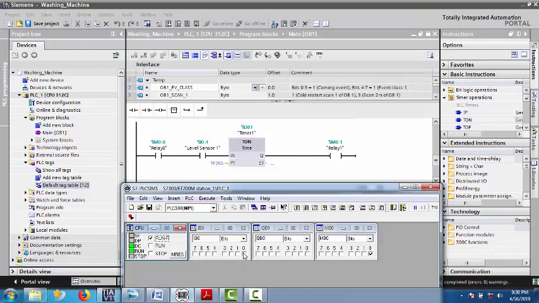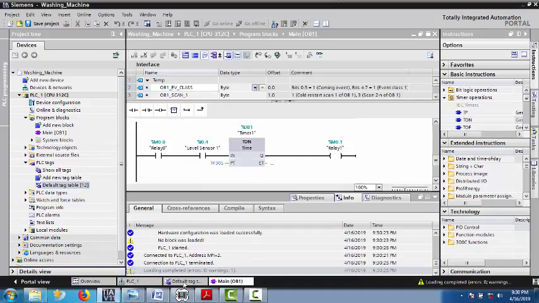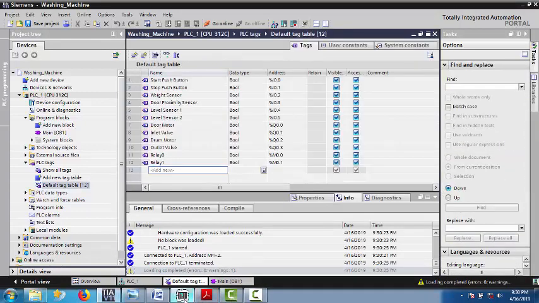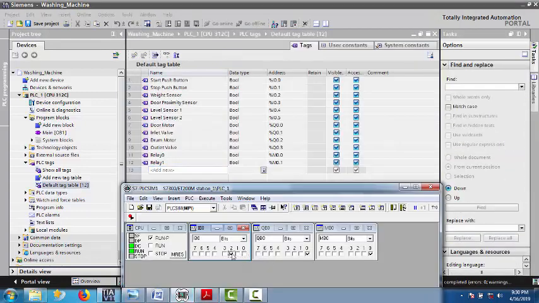Okay, I started. Nothing is happening because there isn't enough number of clothes. Now there are enough number of clothes. The door motor is working. So whenever the door is properly closed, the proximity sensor senses the door. The door motor stops, inlet valve opens. Motor starts filling. First level sensor is sensed, drum motor starts rotating.